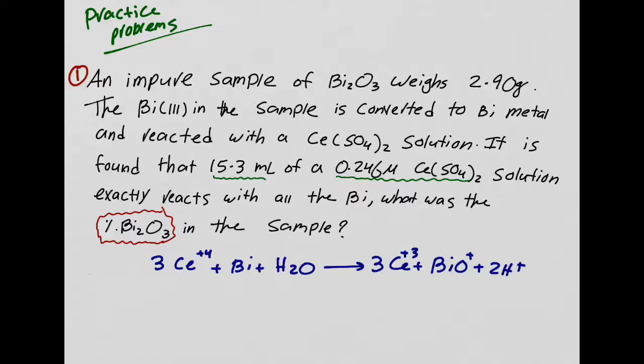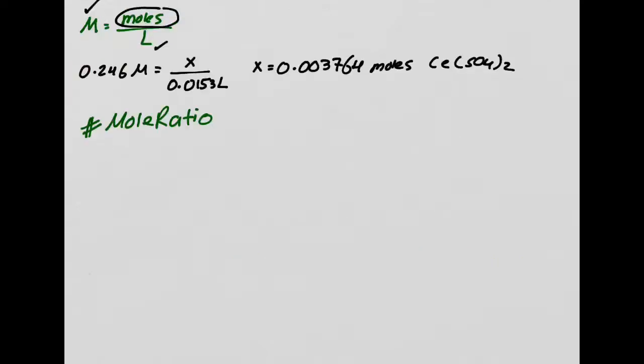So I'm looking at this balanced equation, and one thing that stands out to me is, okay, hold on a second though. They give me the cerium plus 4, and they give me Bi. So I could, not directly, but indirectly, try to use a mole ratio. Okay? So let's see how we're going to do this. The first thing I'm going to do is write down what's given to me, what I have, which is